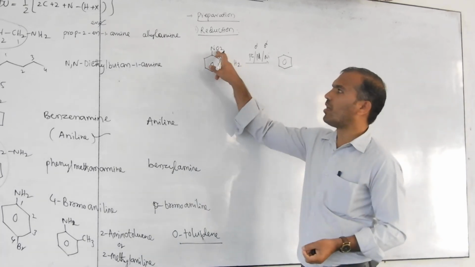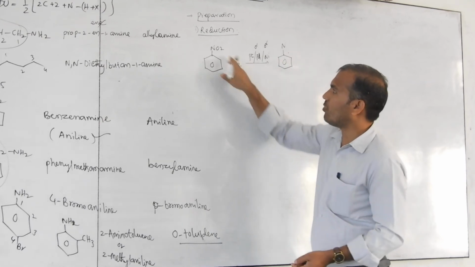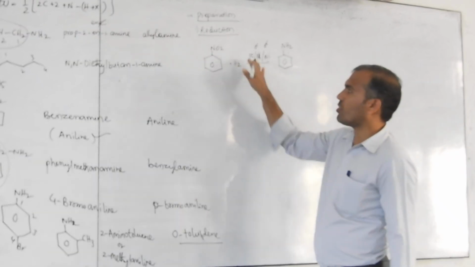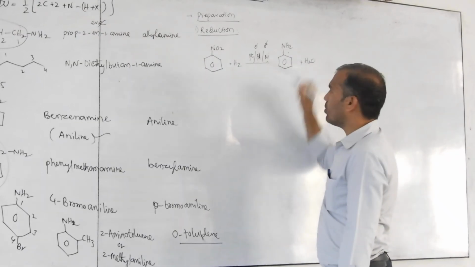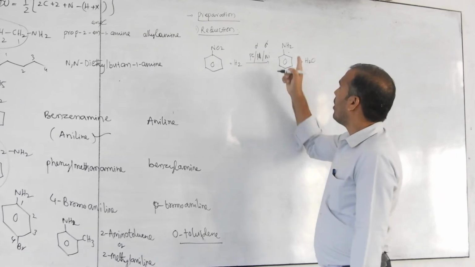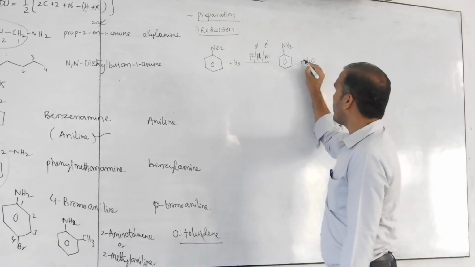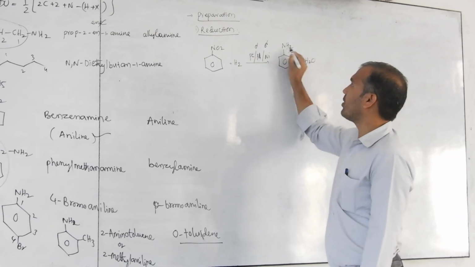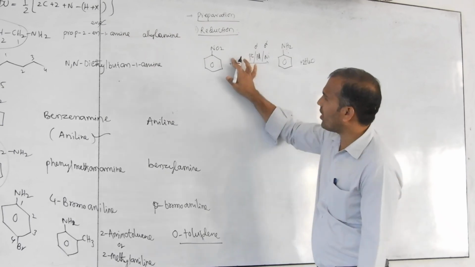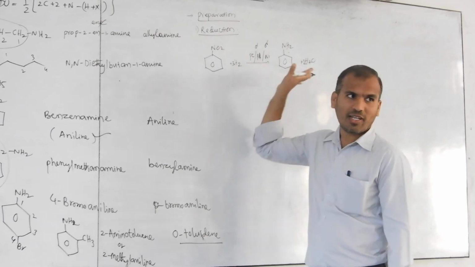So when you add this, this oxygen will come out. Then in place of oxygen, you will write hydrogen. Then this is NH2. But when oxygen comes out, you have to write it as H2O. Okay? Now balance it. How many hydrogens are there? 4. How many oxygens are there? 2. Then first write the 2 oxygen. 2 into 2, 4. 4 plus 2, 6. Then here 6. Clear? Sorry, 3 you have to reverse. 3 into 2, 6 hydrogen. Balanced everywhere? Balanced.